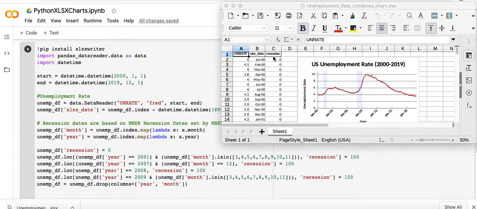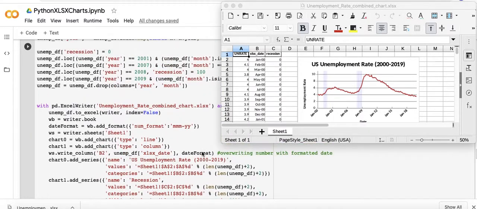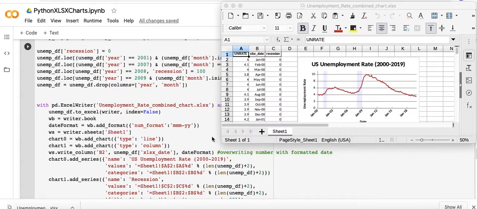There are options where you can hide a column like a recession. I didn't for this example. So yeah, let's move on to the actual worksheet and the chart. So, as you can see